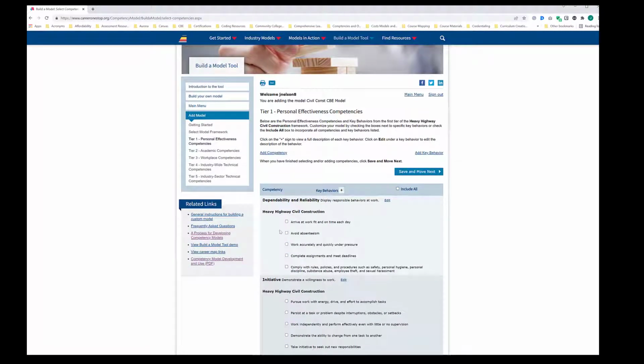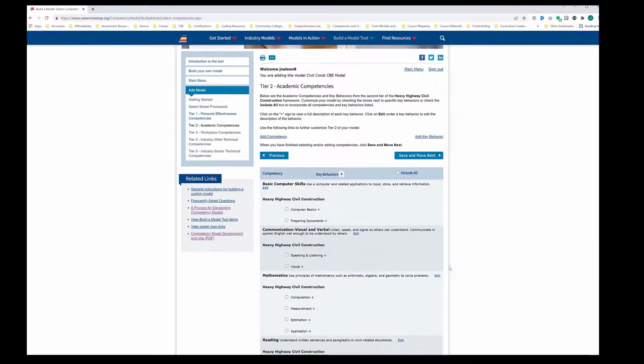I could select individual ones if I wanted to go down through the page and select those. I could add in competencies if I so chose. I could add in certain ones and then add in my own to have a combined fuller set. For the sake of time, I'm just going to click Include All,